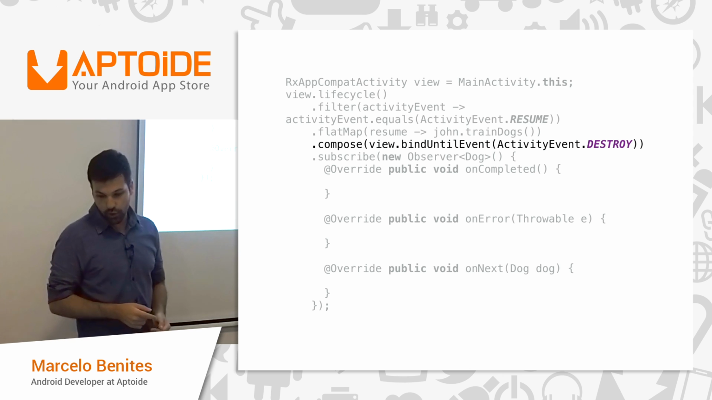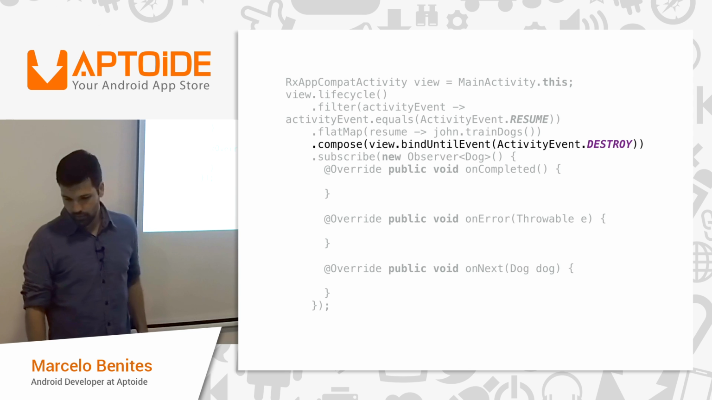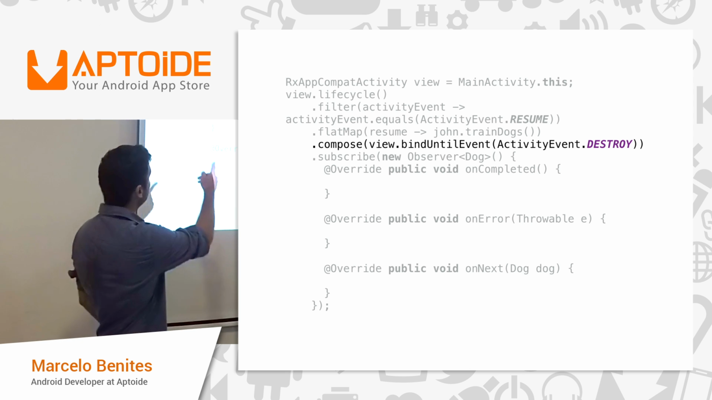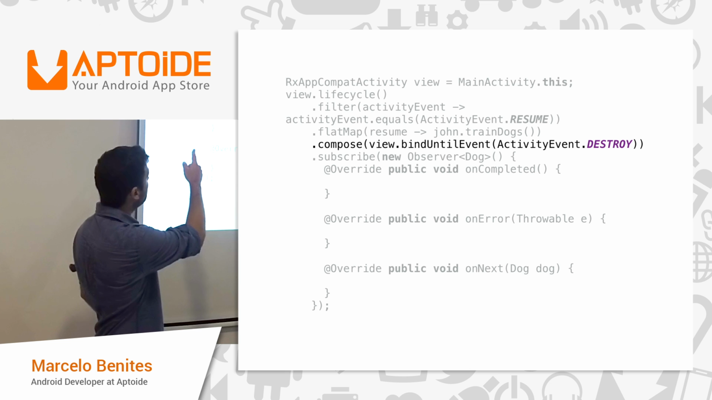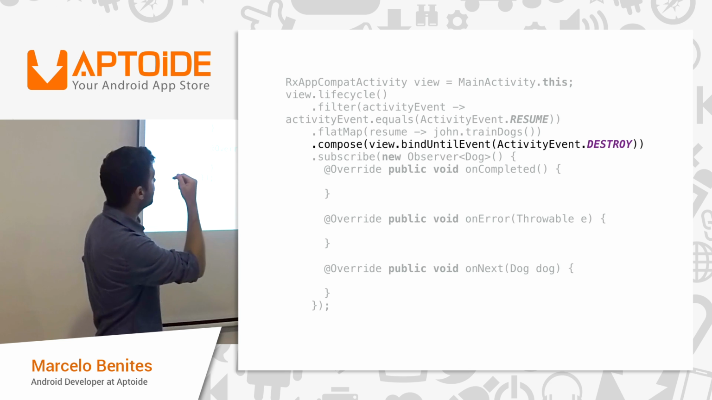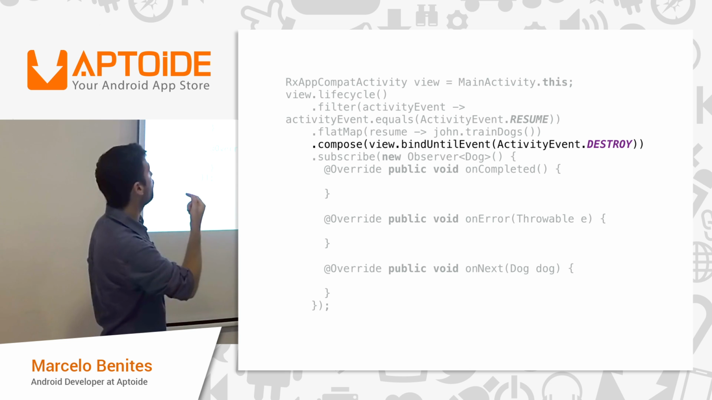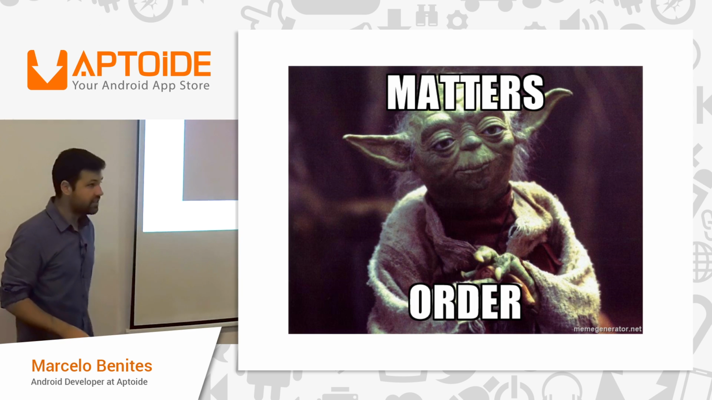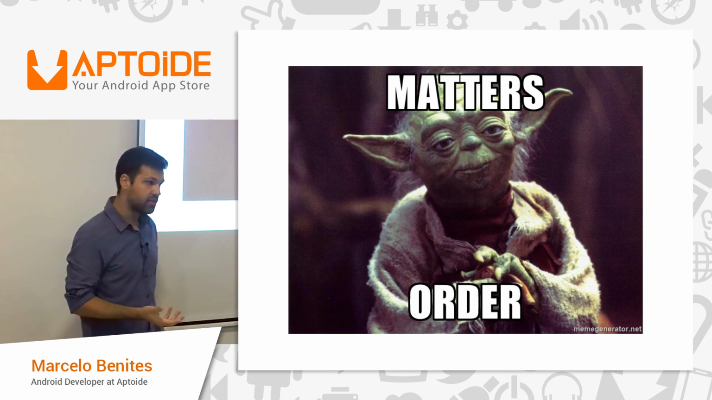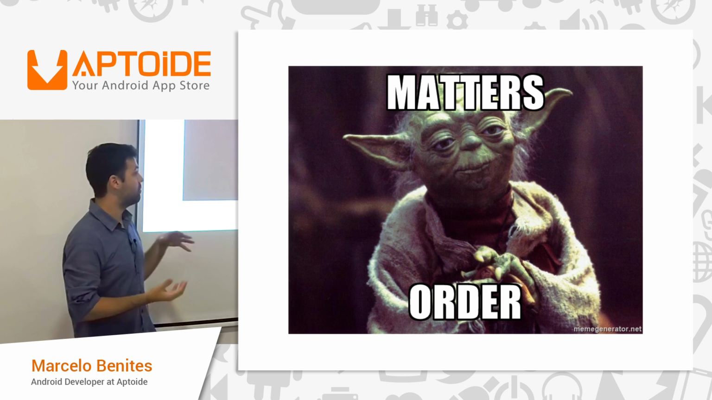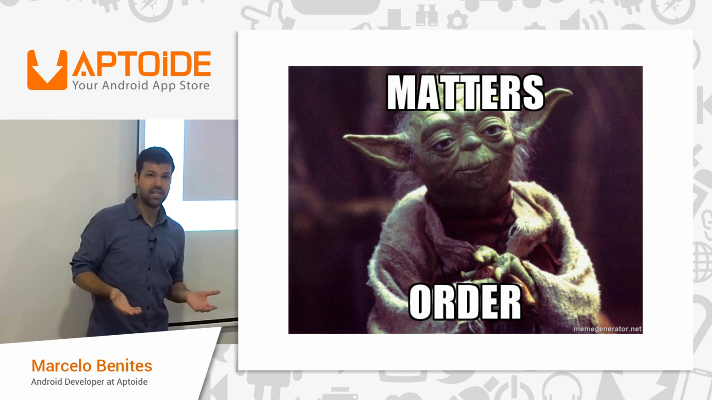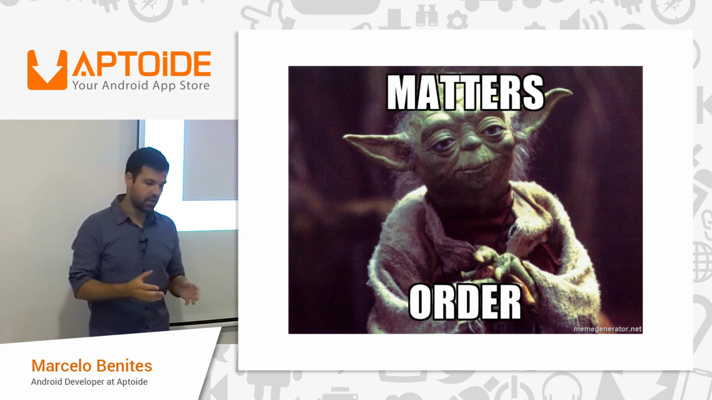And when the view is destroyed, we want to stop. So there's a reason why I choose to call the compose operator as the final one before subscribe is called. And the reason is that order matters when we are chaining those observables. Order is really important. And sometimes it can be misleading because there are other